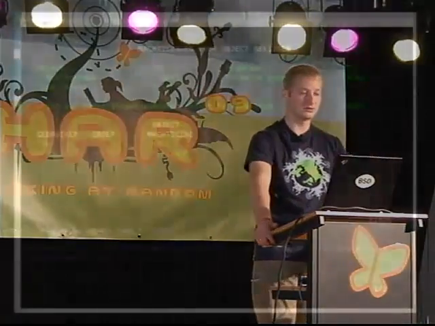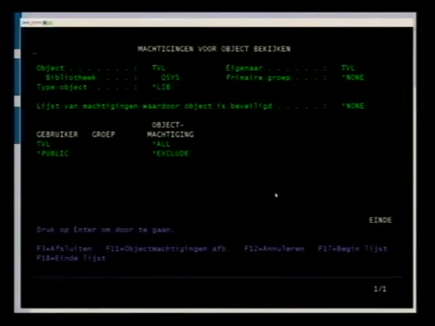This is an example of my home library on the QSys file system. I have all permissions and everyone else is excluded. But for example, the QSecOffer user can do everything with it because it has the all object authority permissions assigned.